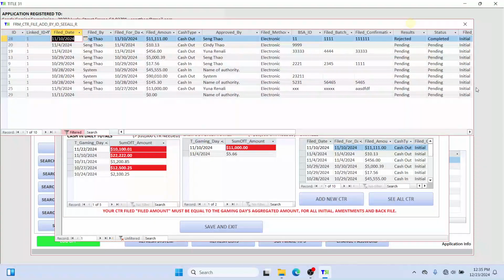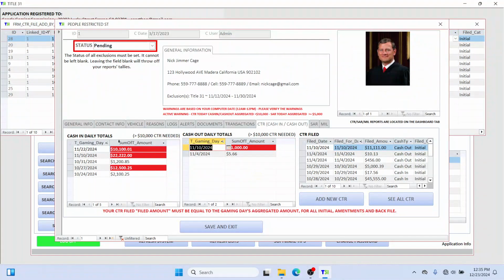Okay, I think that is regarding this right here. For the CTR filing, the main process is that you gather your transactions. The application tallies your cash in and cash out and totals it, and then your day-to-day compliance officer, who is responsible for filing the CTR, can make that determination on whether or not to file a CTR based on these